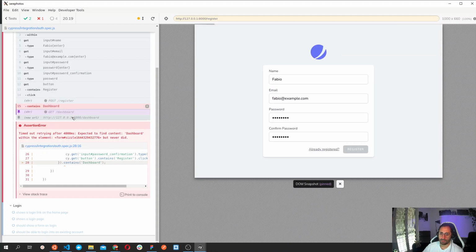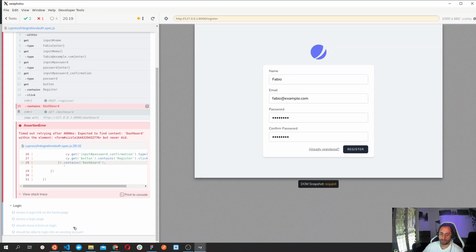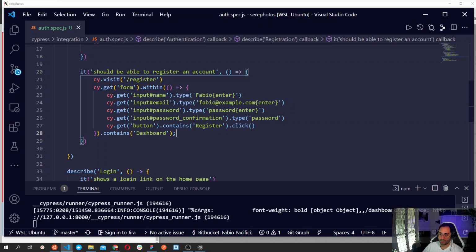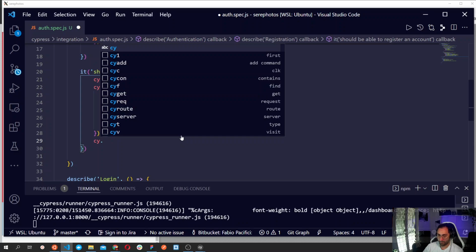Get dashboard, then visit the dashboard. Yeah, okay, we are visiting the dashboard, but it is checking if the register is in here. Okay. So next, let's say cy.contains